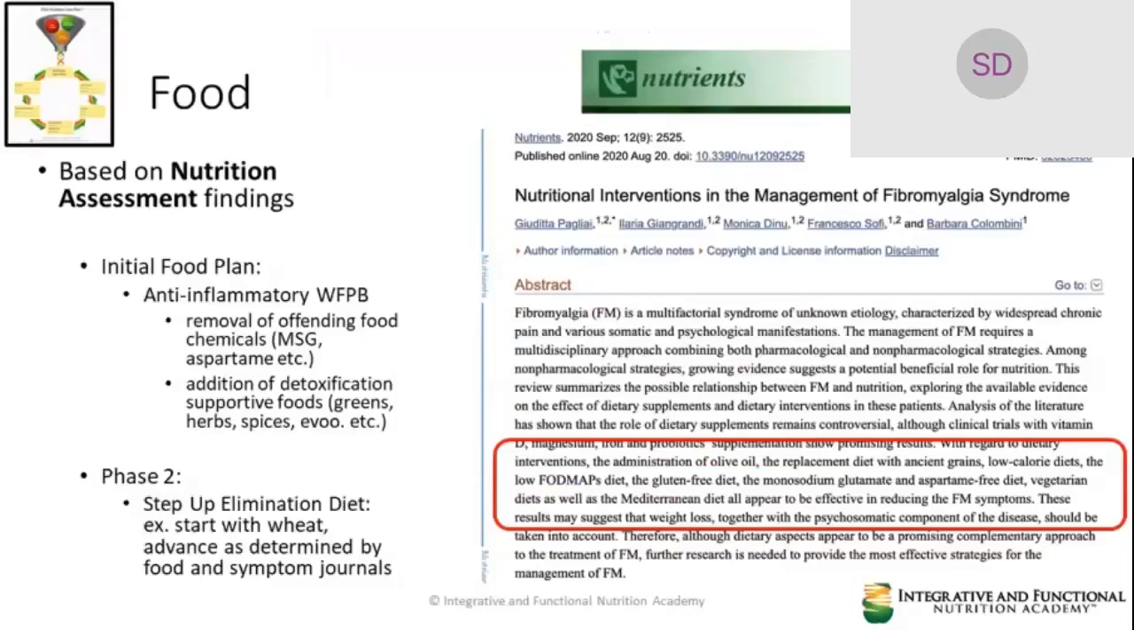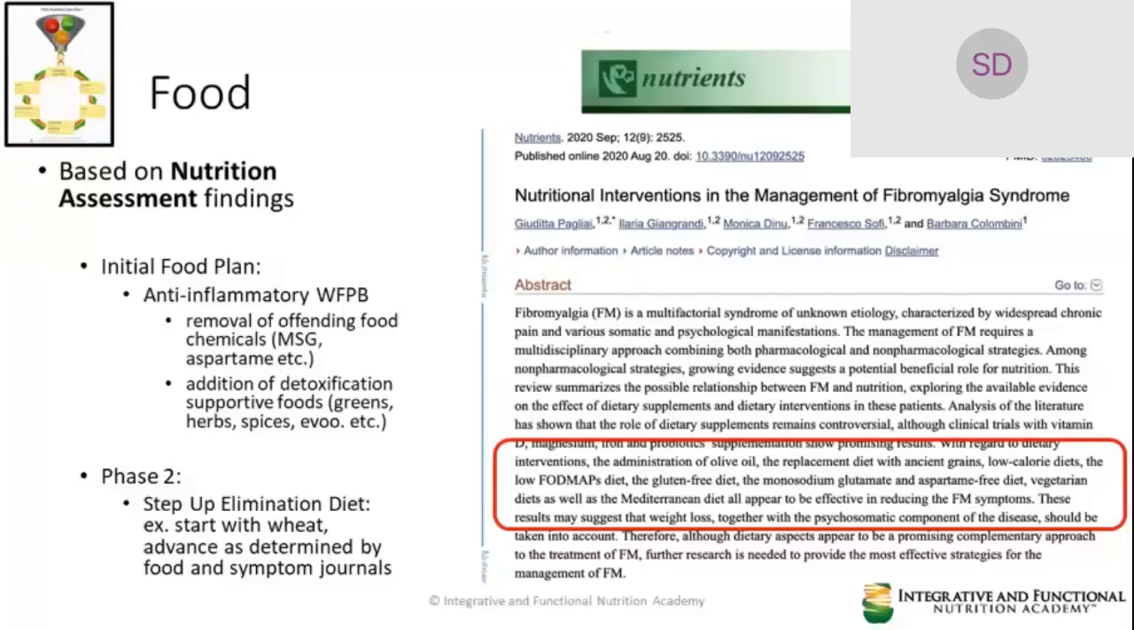And so we start with the food component, right, obviously at the top of the list. And of course, this is going to be based on a variety of different findings, including your nutrition assessment findings. And so you might want to start initially with an anti-inflammatory whole foods plant-based meal plan, where you are working on removing any offending food chemicals such as MSG or aspartame. And you might add some detoxification supportive foods, organic greens, some herbs, some spices. In this,